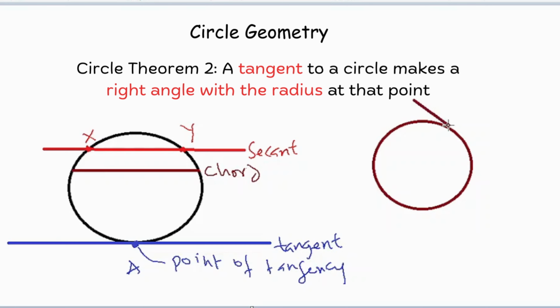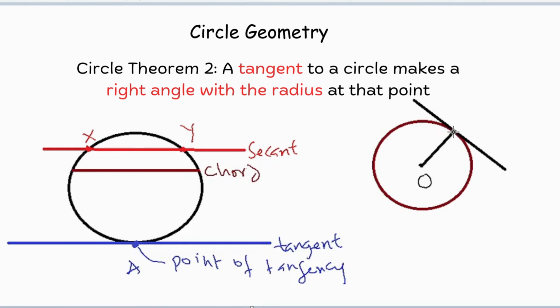We can take this black line to be our tangent. Now let's draw a radius. We need to identify the center of the circle. Let's label the center of the circle as O. Then this is going to be our radius from the center